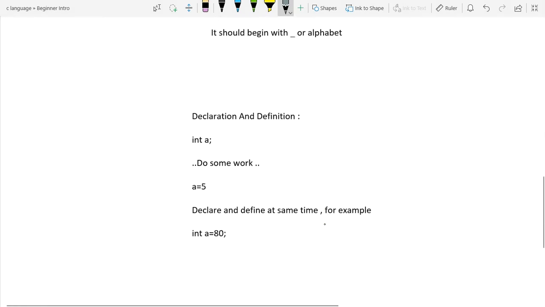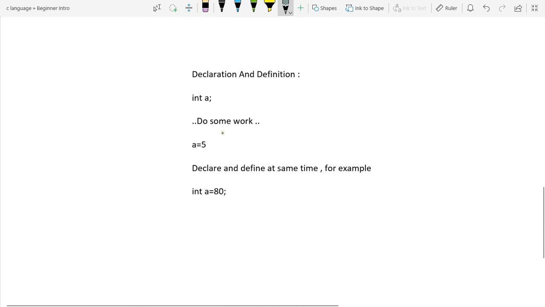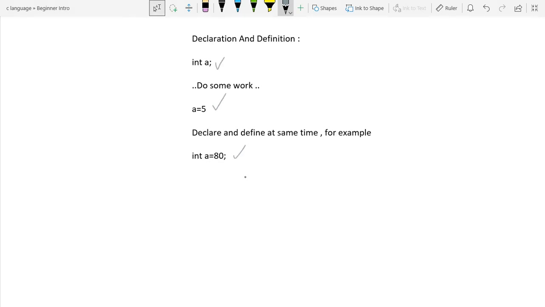Declaration and definition of a variable. Int A semicolon. This is called as declaration. A is equal to 5. This is definition. We can declare and define at the same time. For example, int A is equal to 8. So, since we have seen the basic terminology and also the declaration and definition, we can dive in and see